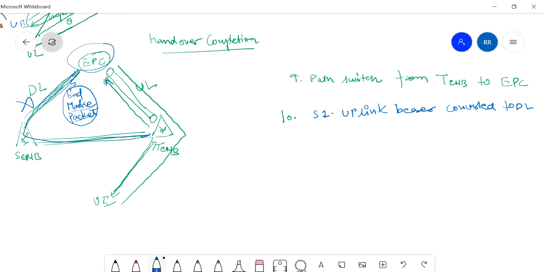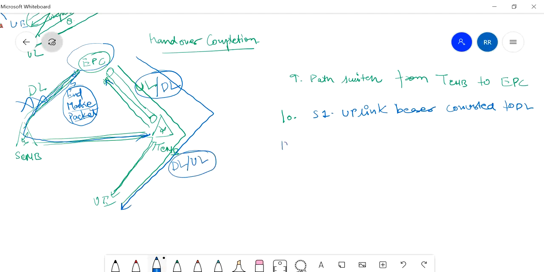This link doesn't work anymore, and this link gets converted into uplink and downlink. After that, the complete data, whether uplink or downlink, starts flowing via this path only. It is DL plus uplink.